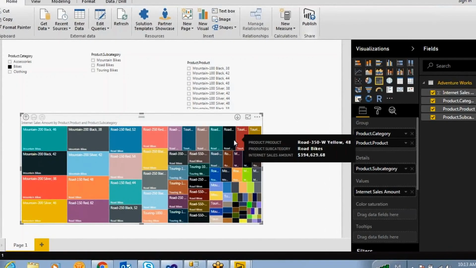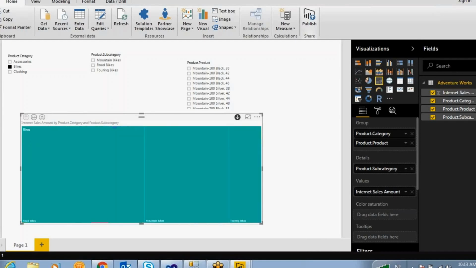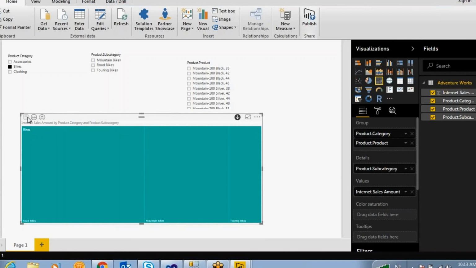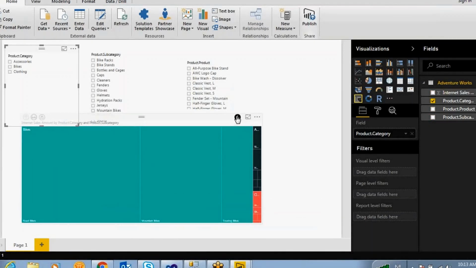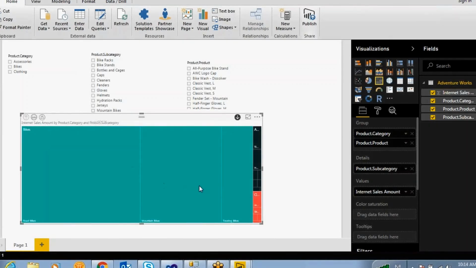So this drill down property, if you want to enable, click to turn on drill down option here, this one. So you just go to the up next level. In this way you can go. So this property you have to enable. Drill mode is on. Click a data point to drill. For example, if you are clicking on the bikes, see, it is going to display all the bikes information over here. If you want to go to the higher mode, just go drill up.